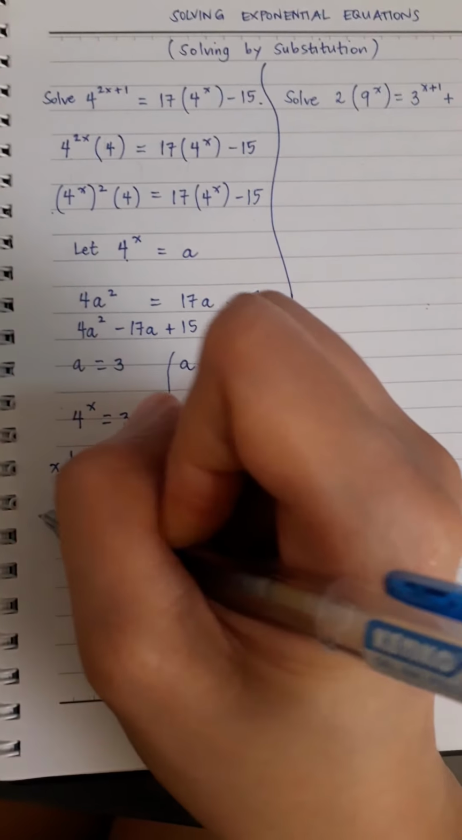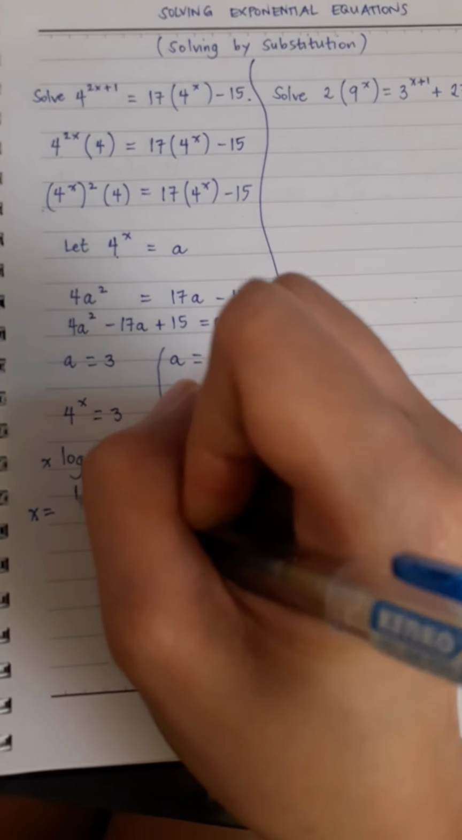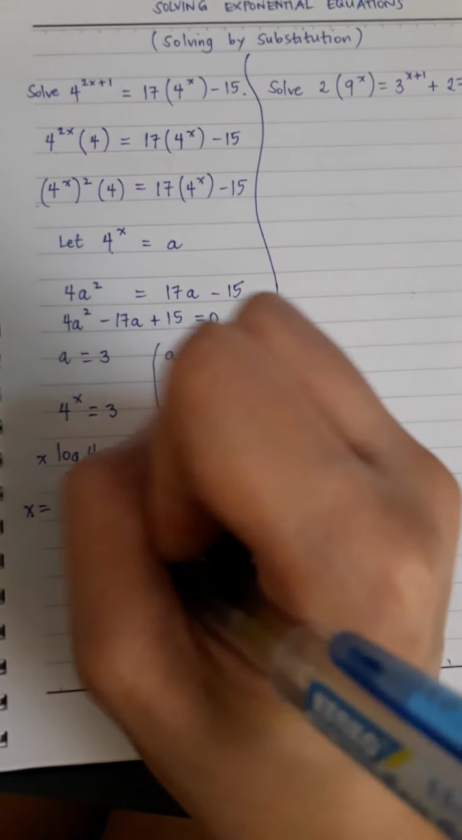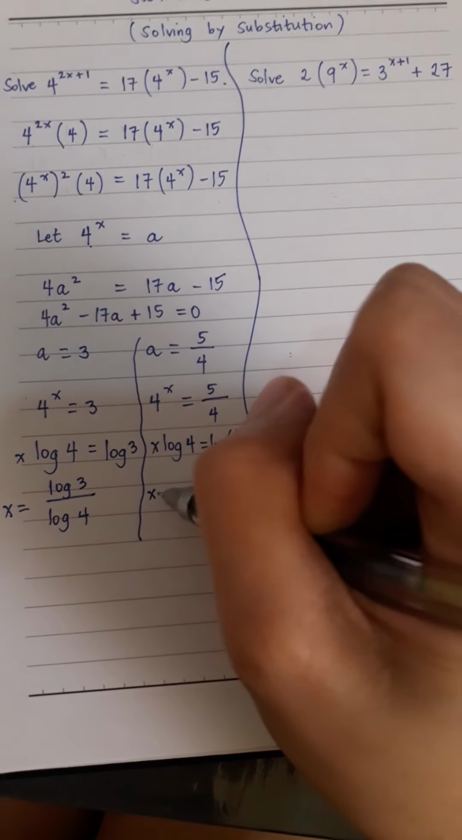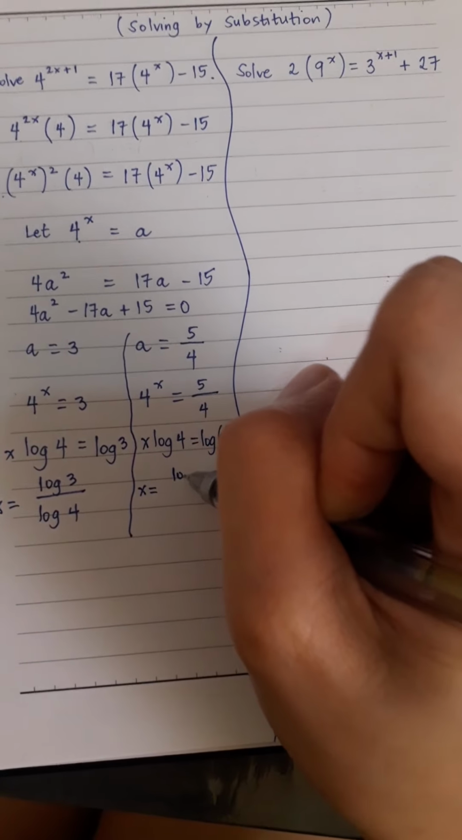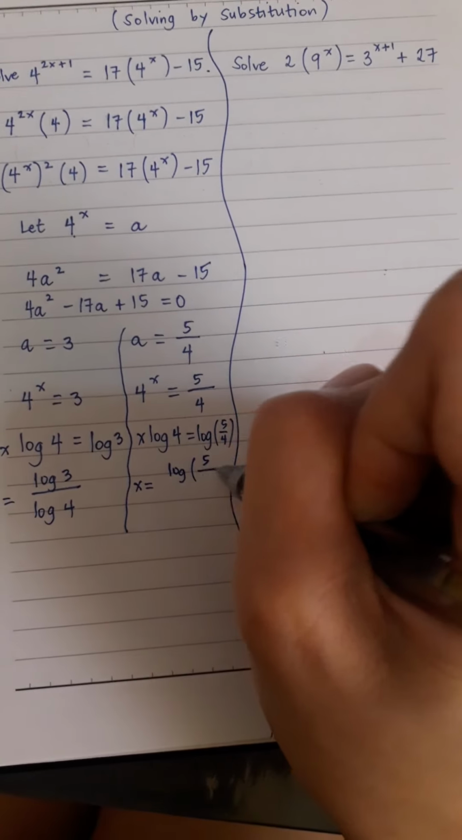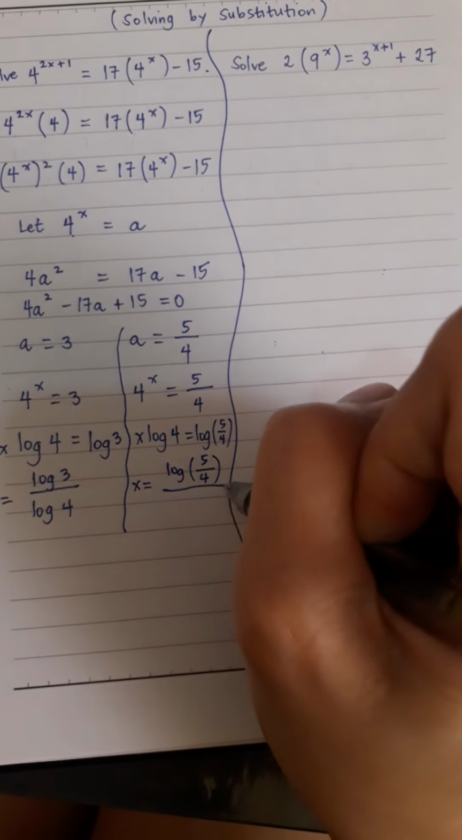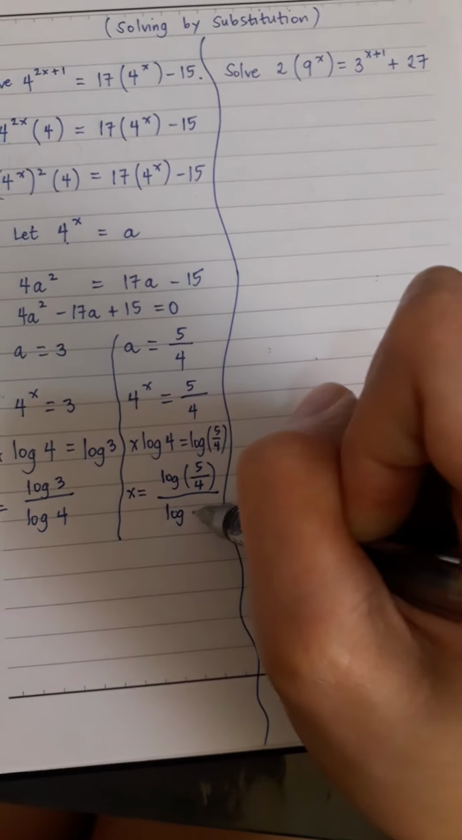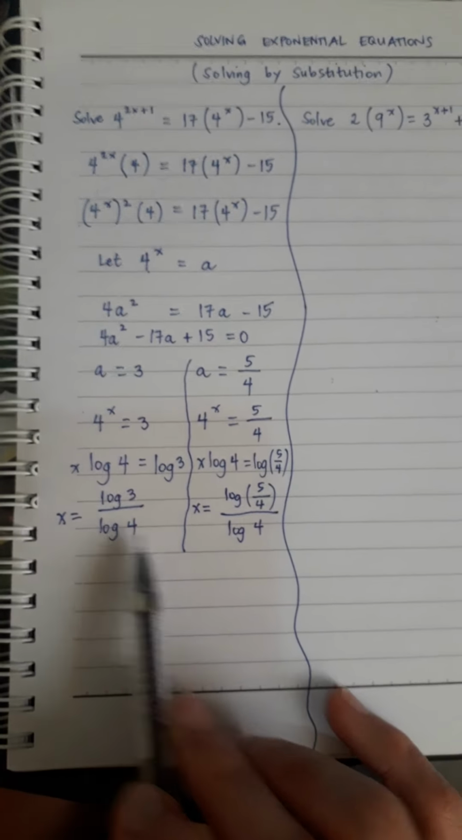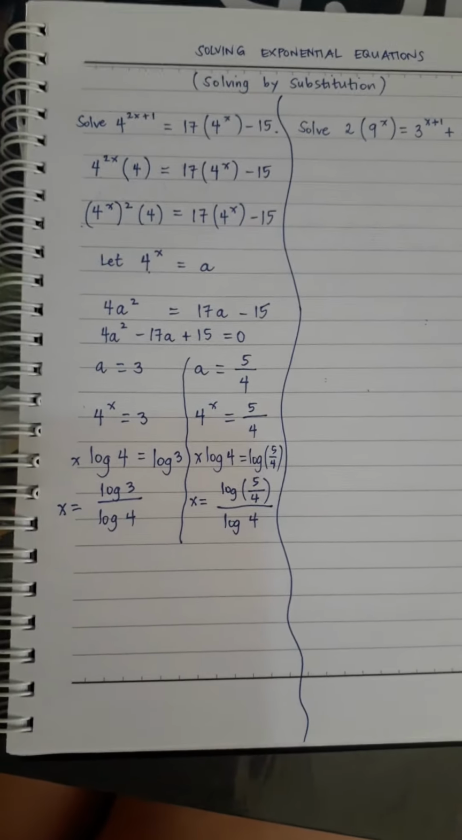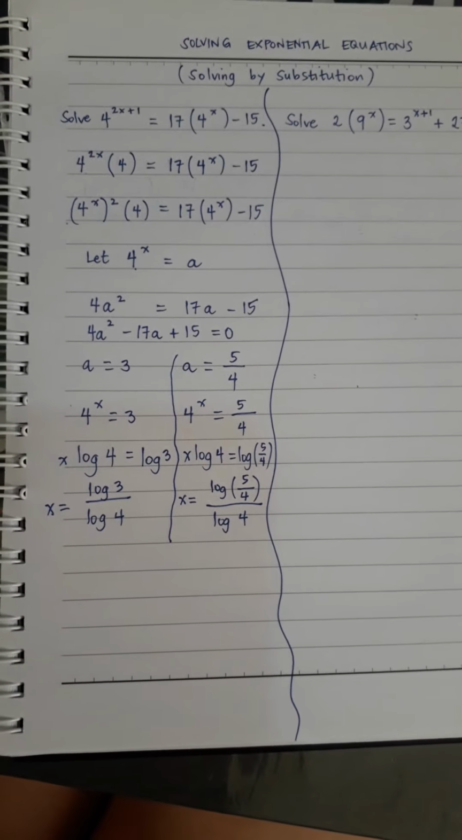So, the values of x that we will have are these two. And for this one, we have the logarithm of 5 over 4 to the base 10 divided by the logarithm of 4 to the base 10. Then we just use the calculator to evaluate these two, correct to 3 significant figures. Okay. Let's now move on to the second